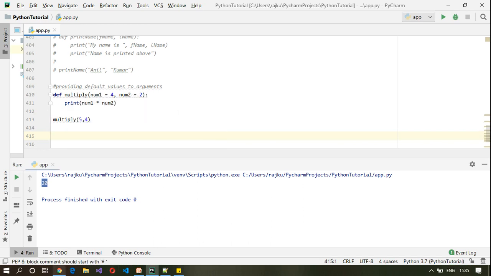Sometimes we will not know how many arguments we will be passing to a particular function. At that time, we can make use of arbitrary arguments. This can be done by using star.